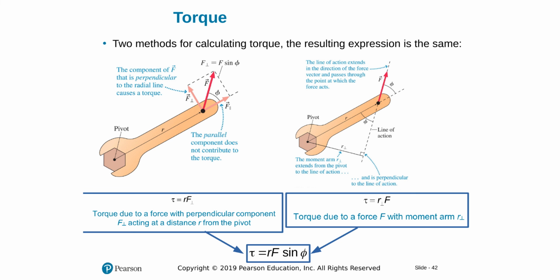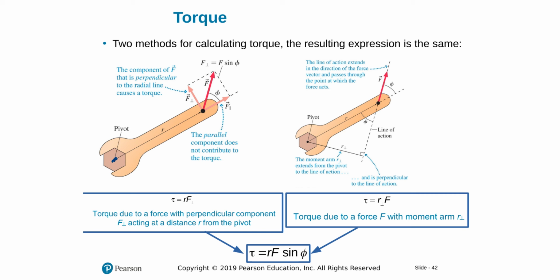Hello folks, I want to solve some torque problems in this video. First of all, I want to review what torque was. Torque was the rotational effect of a force. To find the torque, we either take the component of the force perpendicular to the distance to the pivot point